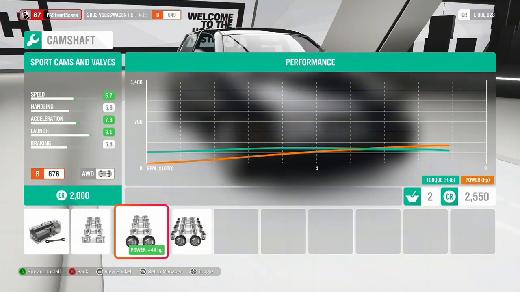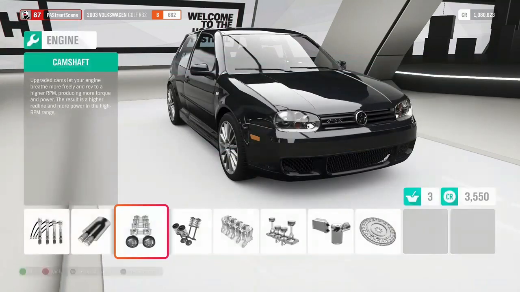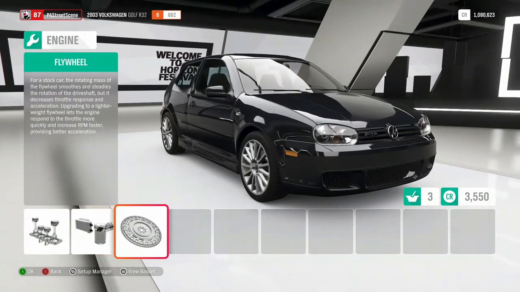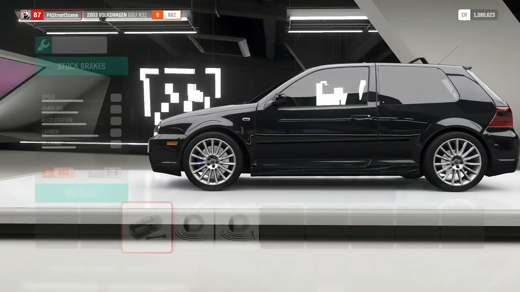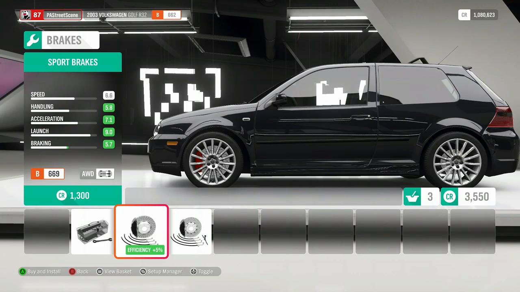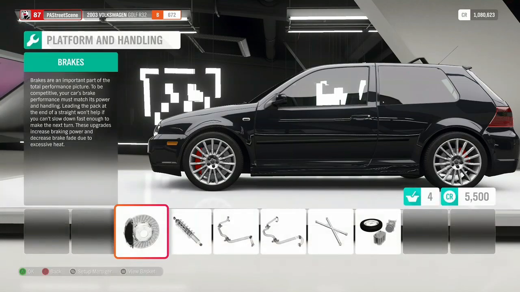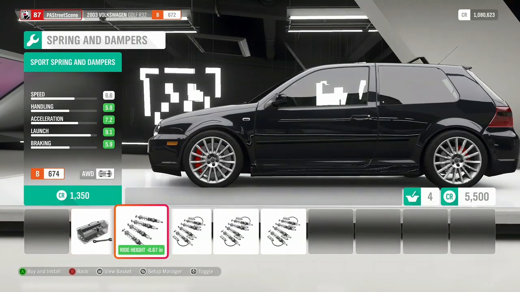My car does have cams. Thinking it's probably just going to be street. Valves, displacement, pistons, compression, oil cooling, flywheel, no, none of that stuff. So let's hop back out. Come over here to platform and handling. My car does have Porsche Cayenne 17Z brakes on the front, so it looks more like the race brakes, actually, just based on visuals. My car is on ST coilovers, so